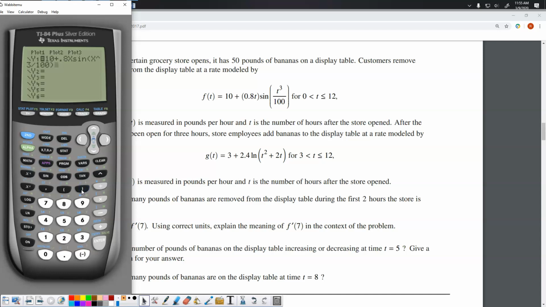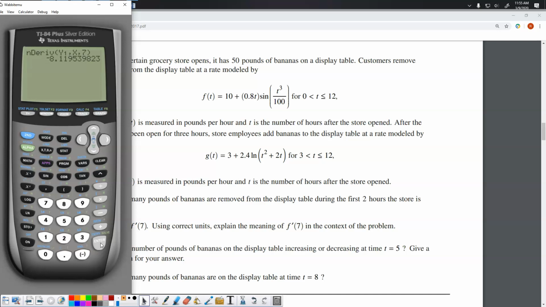All right, I think we got that typed in correctly. So now we're going to go back to the home screen here, and I want to find the derivative of that thing at 7. So we go to Math, and then we're going to go to 8. Now you might have the good-looking calculator. I have the ugly one. So I'm going to put my function in first, comma x, comma, and then what number I'm trying to find the derivative at. And I'm getting negative